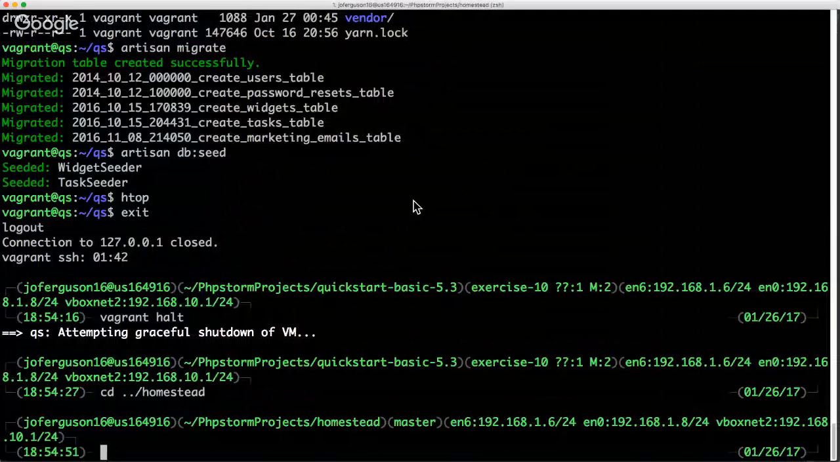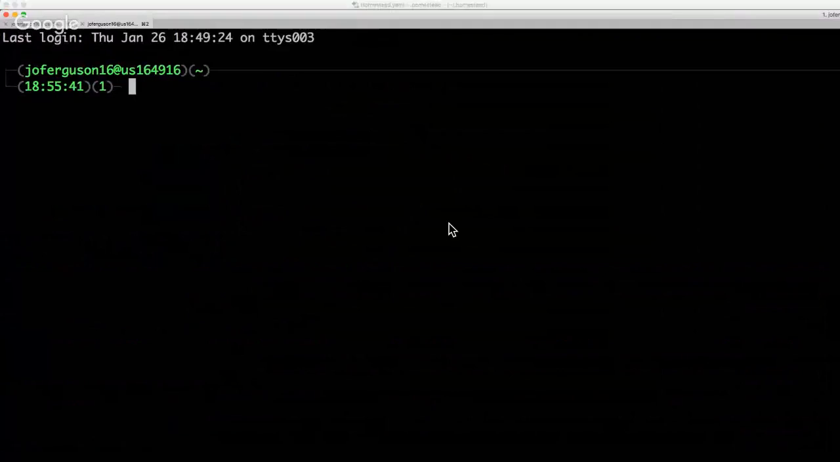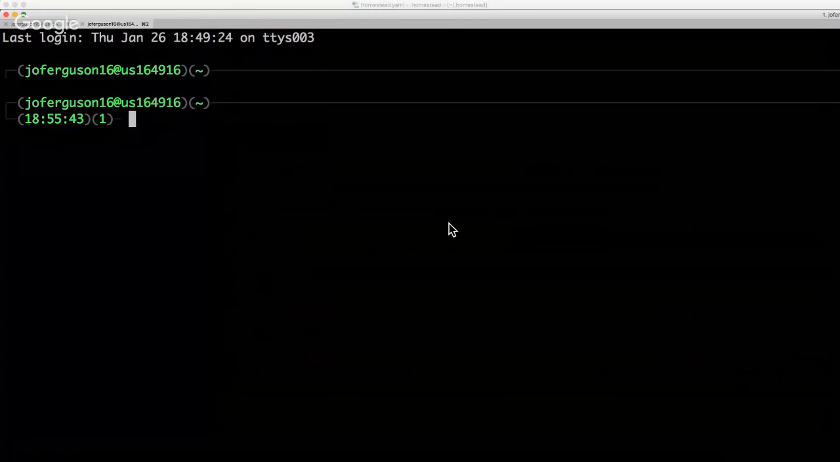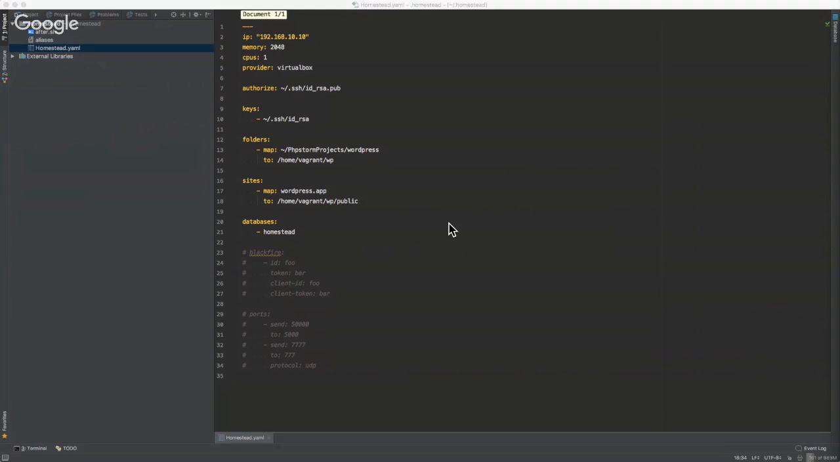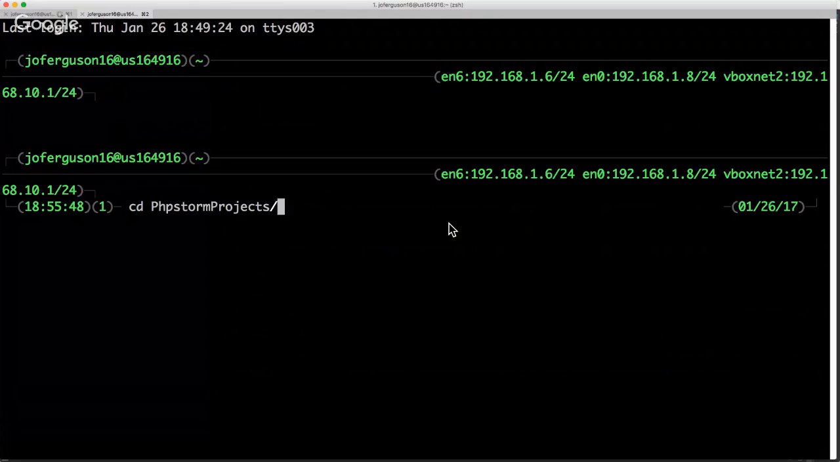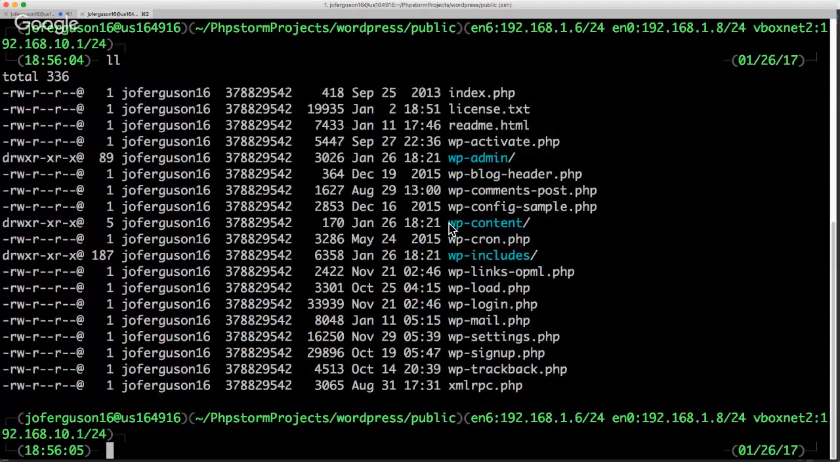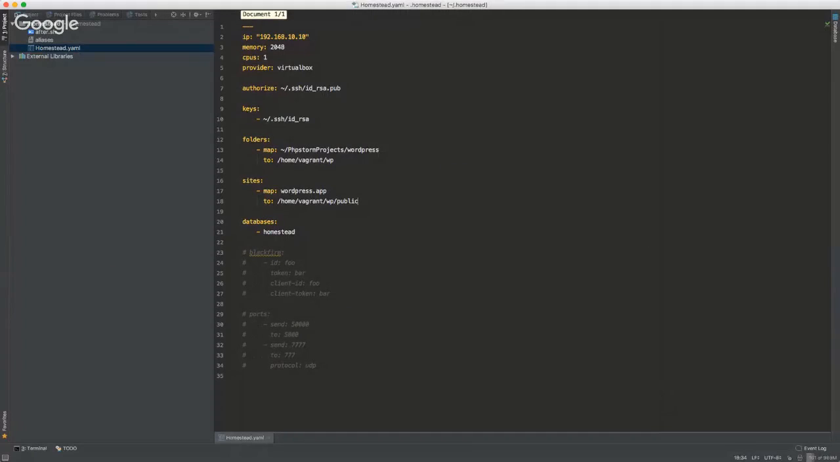So now when we do vagrant up from our Homestead folder, and let me swap to a different terminal. If we go and look at that folder, you can see that I've made this public folder, and that's just because Laravel and Homestead are looking for that public folder to serve the website from. So if we look at that public folder, you can see that we have a generic WordPress install. So if we open that up,